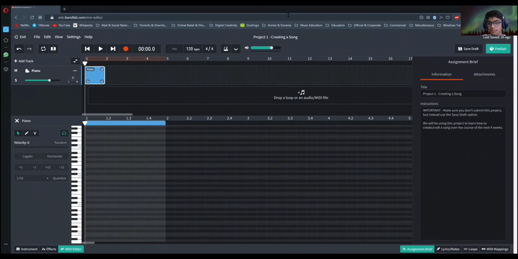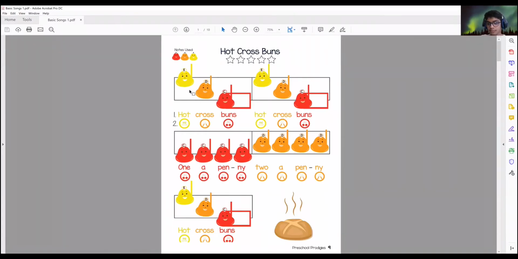Let me go back to the PDF file. So my first note is an E, second note is a D, third note is a C. Okay. E is for 1 beat, D is for 1 beat, C is for 2 beats. If you remember your music class from year 6, quarter, quarter, and half note. So ta, ta, ta. Okay. Quarter, quarter, and half note. When you add it up, it makes 4. 1 plus 1 and a half is equal to 2 beats.